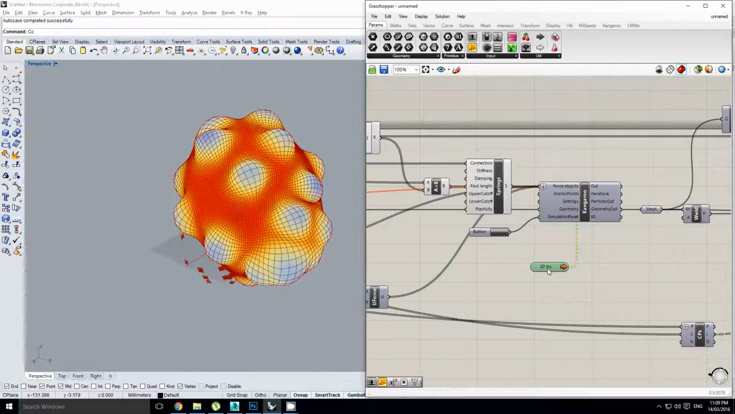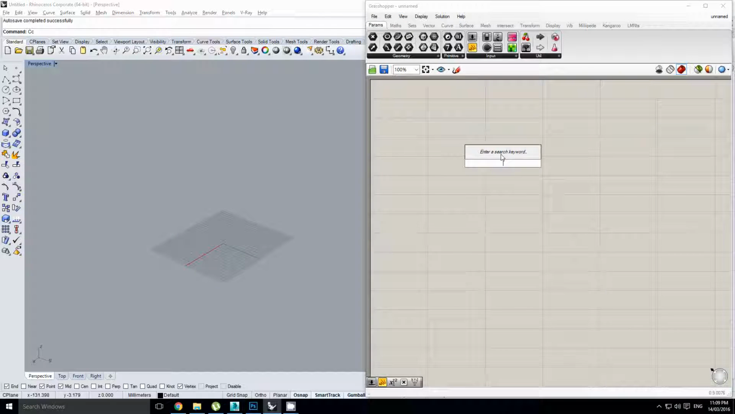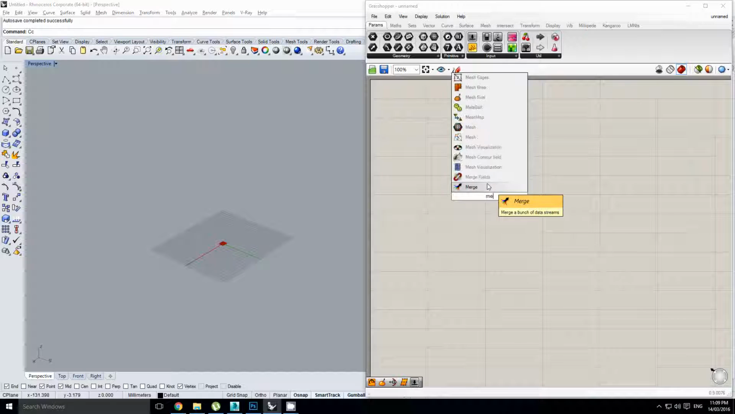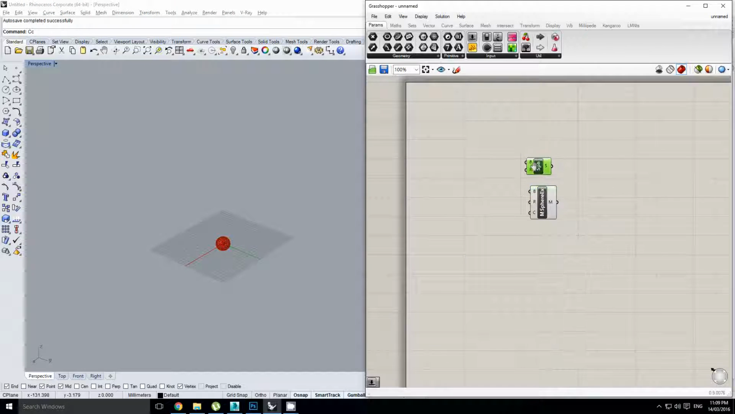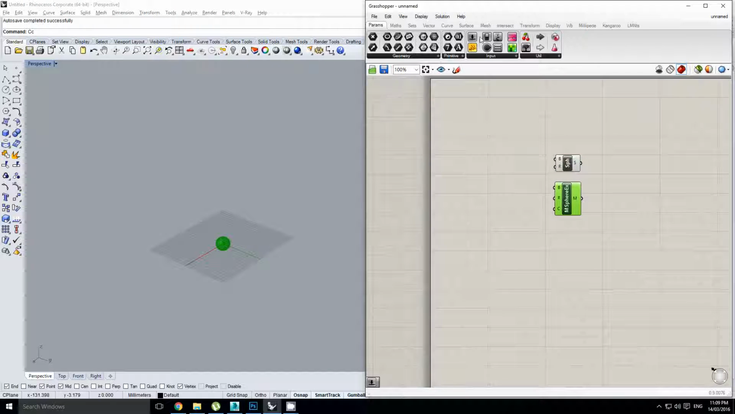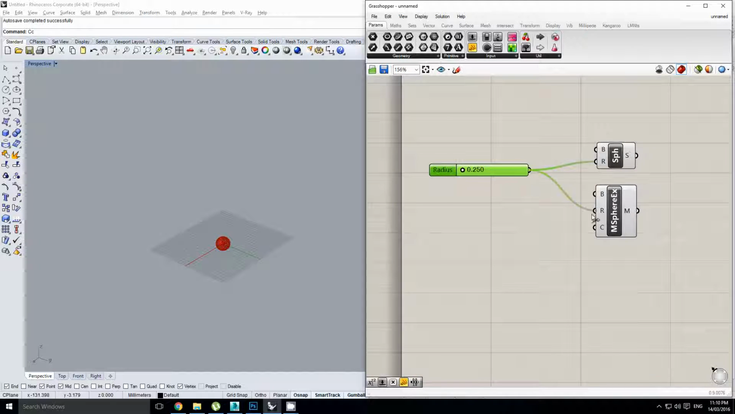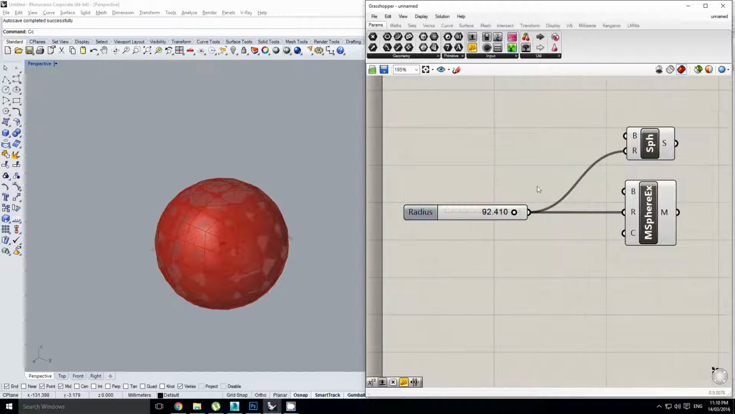Alright, so I'm going to pause this simulation and dive into a new document. We're going to start with a normal sphere as well as a Mesh Sphere X. Now, you might be wondering what this Mesh Sphere X is, and we'll get to that in a sec. I'm going to throw down a slider with a maximum value of 100 here, plug in my radius values,